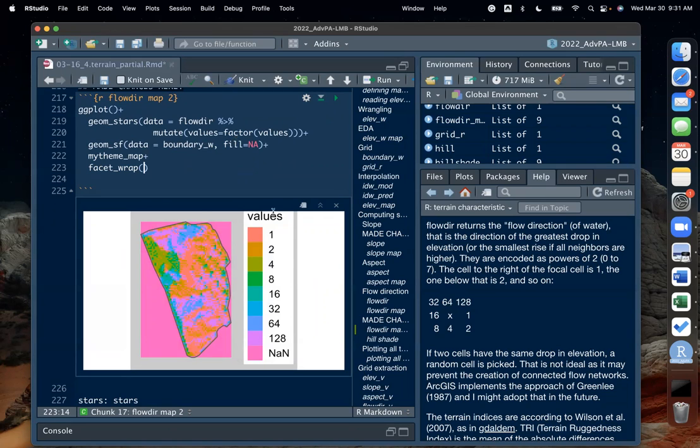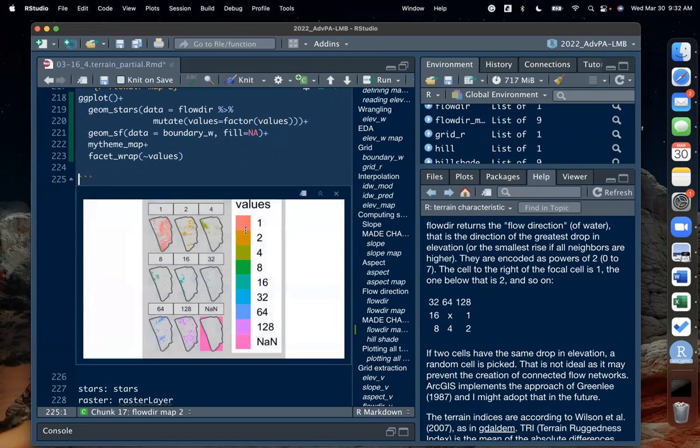In our case, the column is called values. So we're just going to use that tilde, that squiggly line, and then say values. Okay, so if we run this,